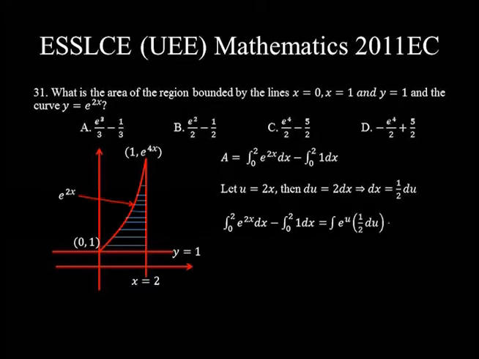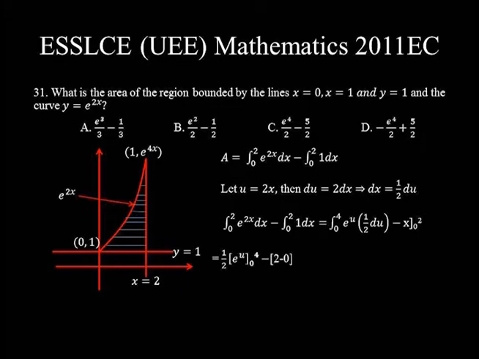When x is equal to 0, u is equal to 2 times 0, that is 0. When x is equal to 2, u is equal to 2 times 2, that is 4, minus the integral of 1 dx is x, x ranging from 0 to 2, which is equal to 1 over 2 is a constant, we can bring into the front, times the integral of e to the power of u du is e to the power of u, ranging from 0 to 4, minus this expression, 2 minus 0, which is equal to 1 over 2 times e to the power of 4 minus e to the power of 0,